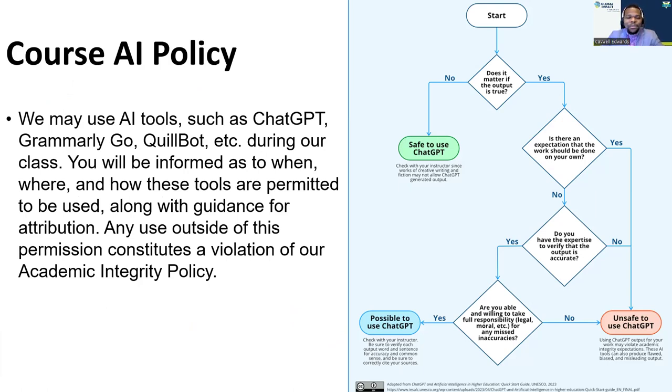Now, if you think back to the first time you possibly heard about artificial intelligence or about AI, and some people might have only heard about it when they started hearing about ChatGPT in the news and in other publications.